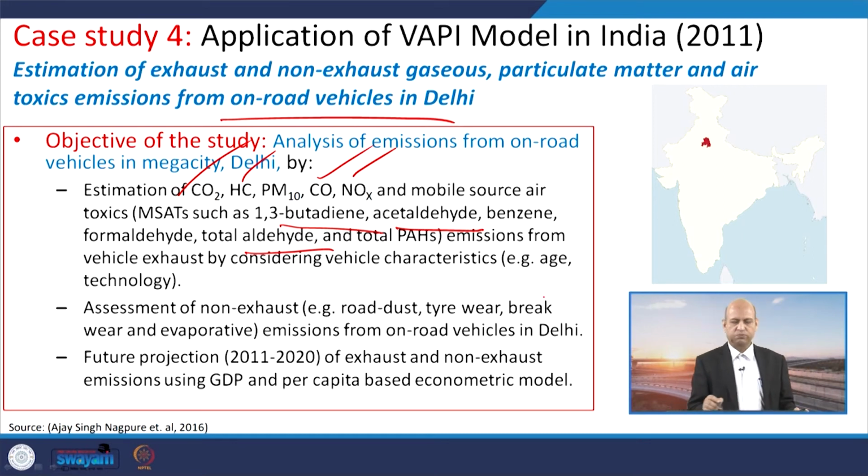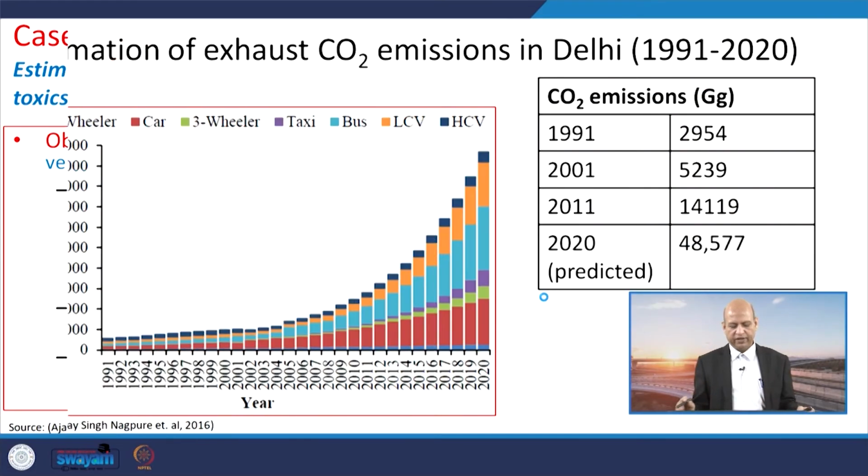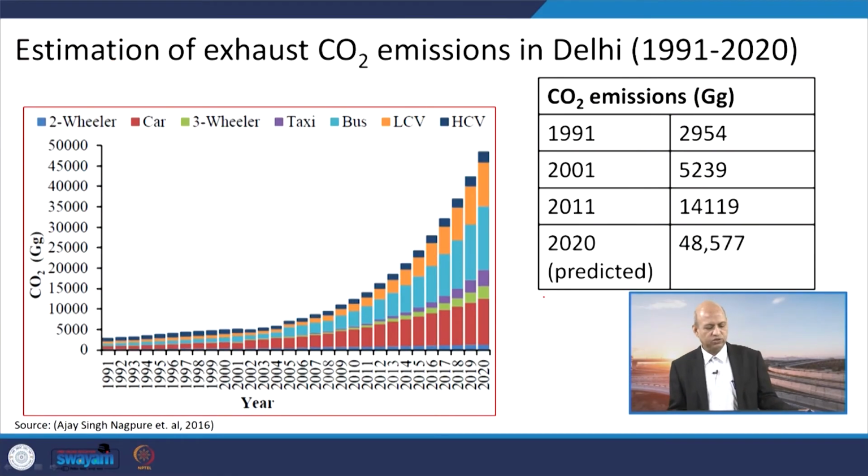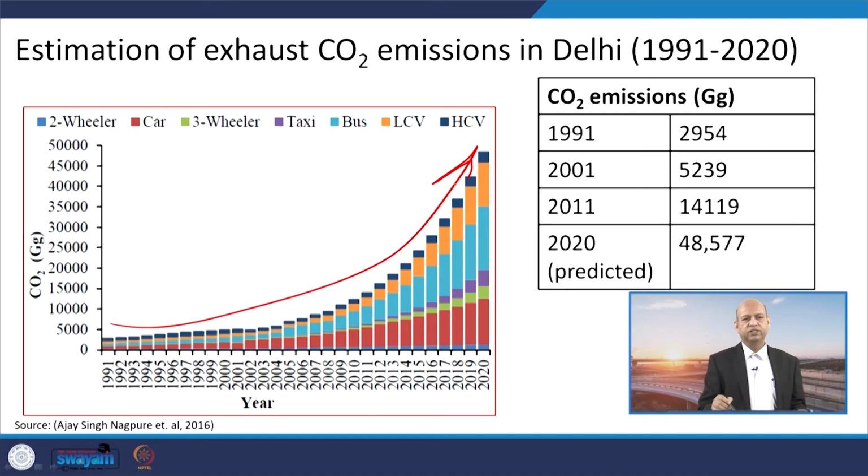So, all those pollutants have been considered, and the non-exhaust emissions like resuspension of road dust, wear and tear of the tires, brake wear and evaporative emissions. So, non-exhaust emissions have also been estimated. If you see the exhaust emissions of CO2, this is increasing over the years 1991 to 2020, meaning a 20 year study period has been considered, running the model for different years, and we found